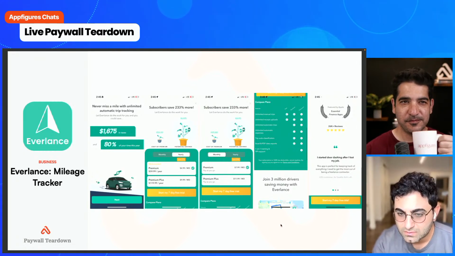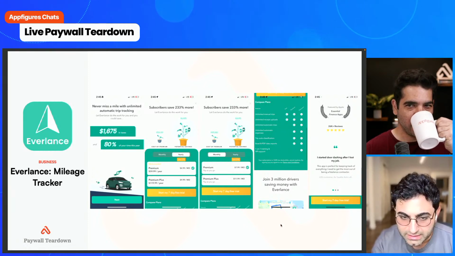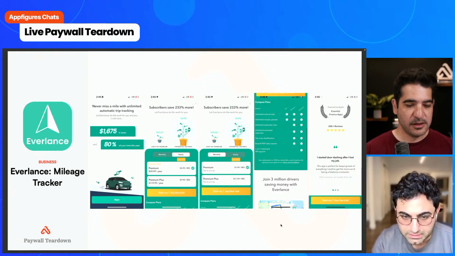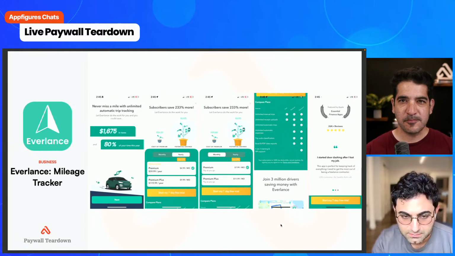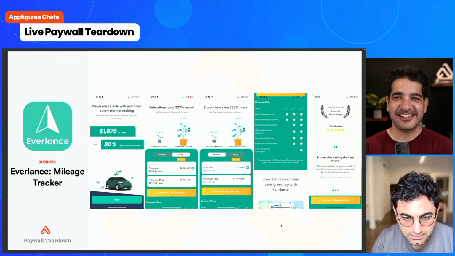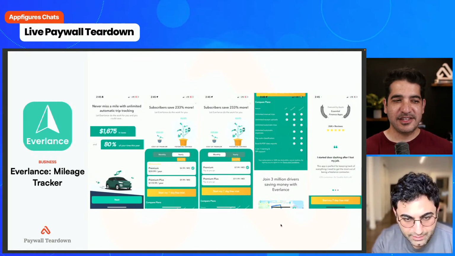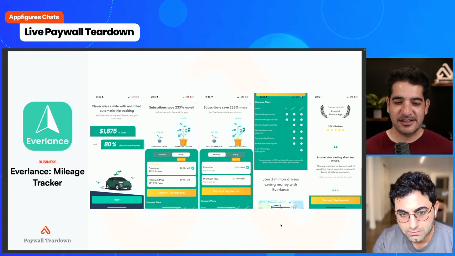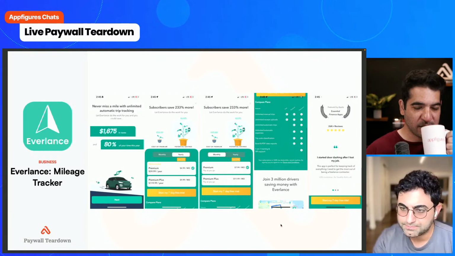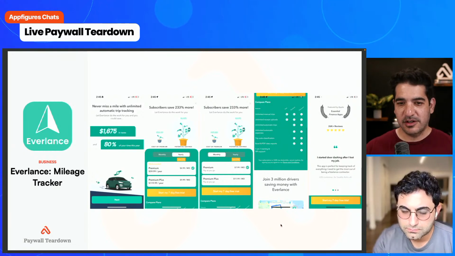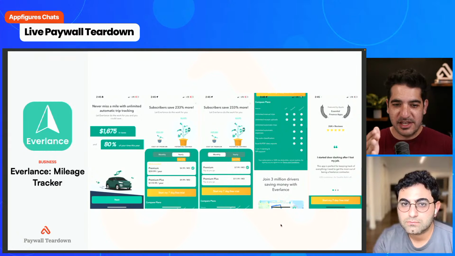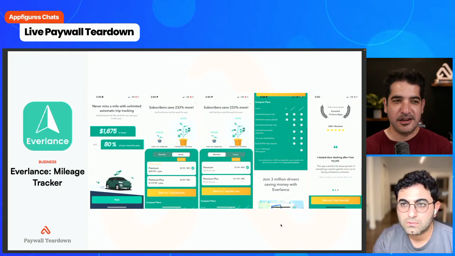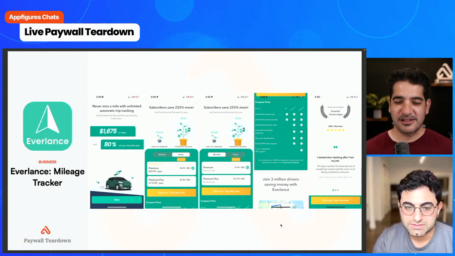I like that you're showing the monthly breakdown on the right-hand side of premium versus premium plus. Have you tested the left and save right? Save 37%. Well, wait, what do you mean? Putting monthly to the left of yearly or yearly to the left of monthly, because I would put monthly and then yearly. And I've tested this on the site. I know that it does give conversion. It's really confusing.